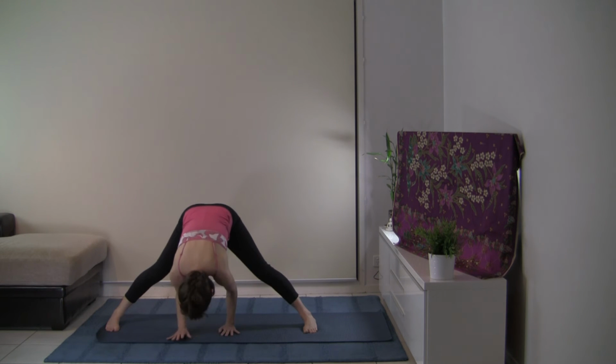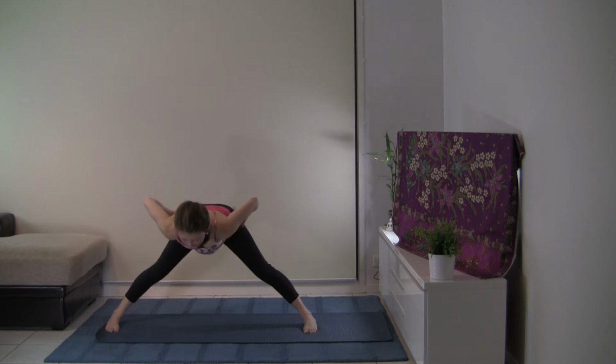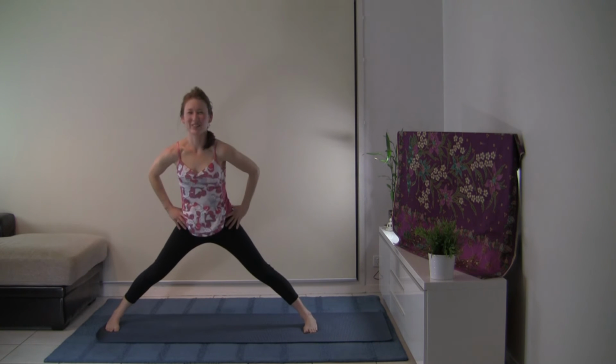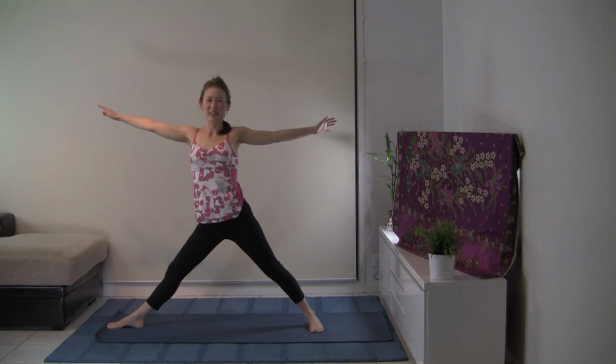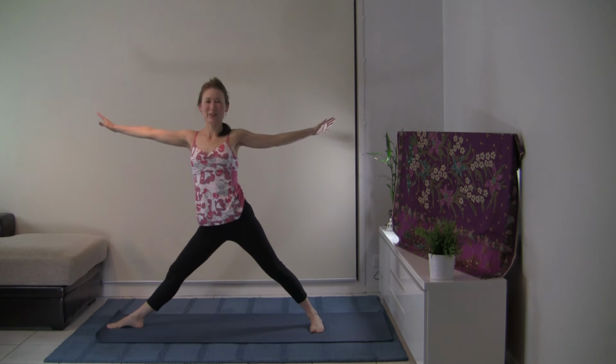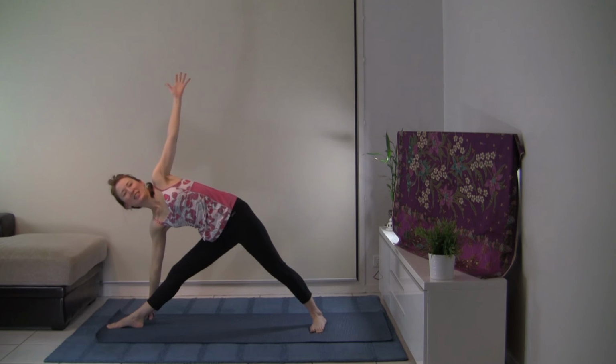And with your inhalation, let's walk the hands forward. Exhale, take the hands to the hips. With the belly drawn back, inhale, let's rise back up. And this time, let's turn the left foot out, taking the arms out at shoulder height, so we're preparing for the other side. With your inhalation, reach through your left arm, and exhale, take the right hand into the air,